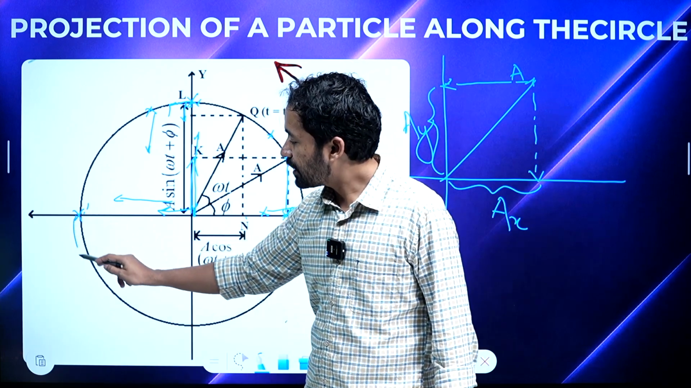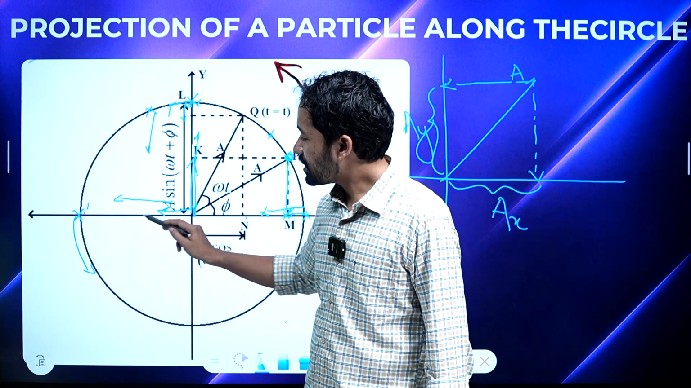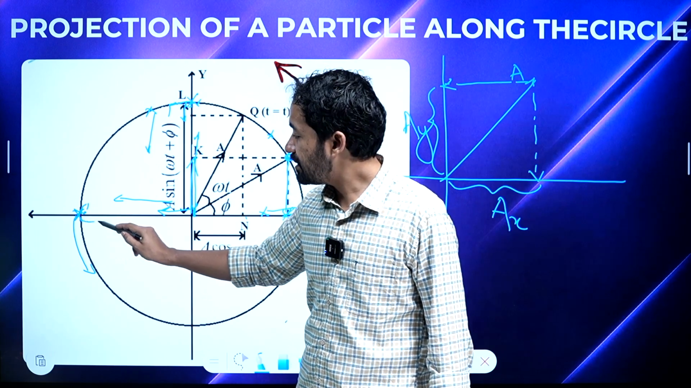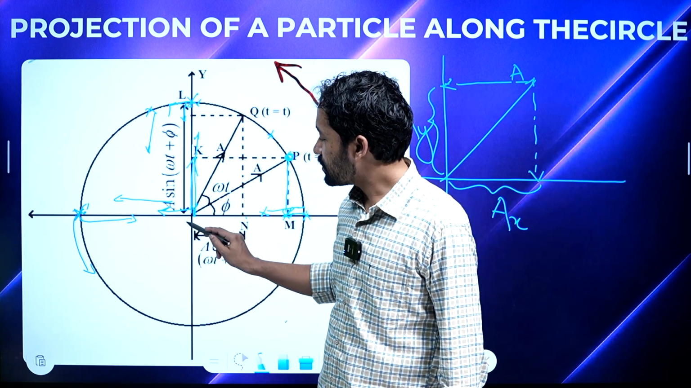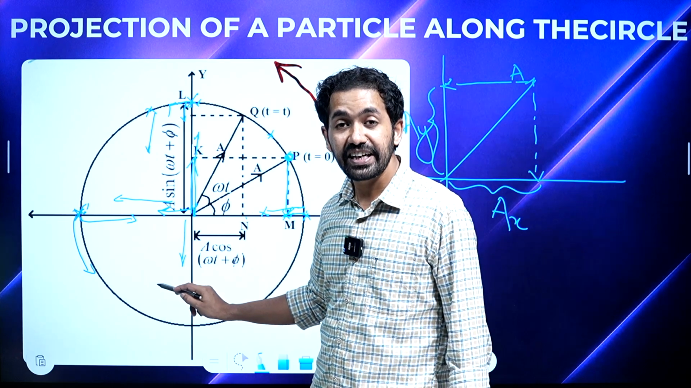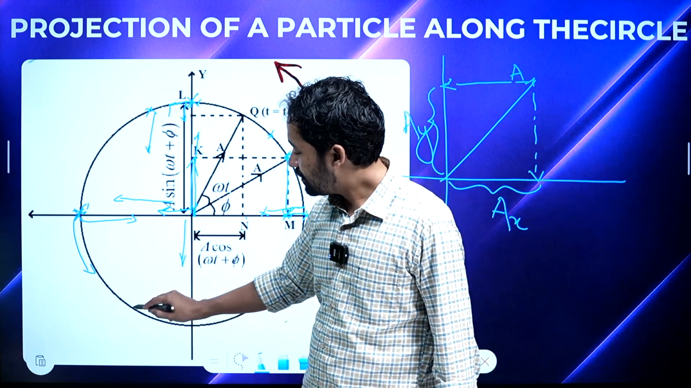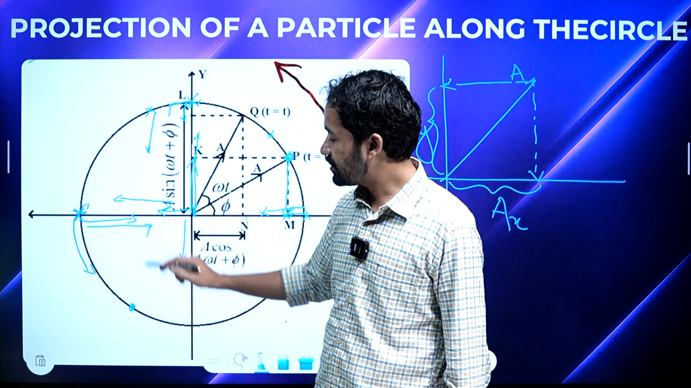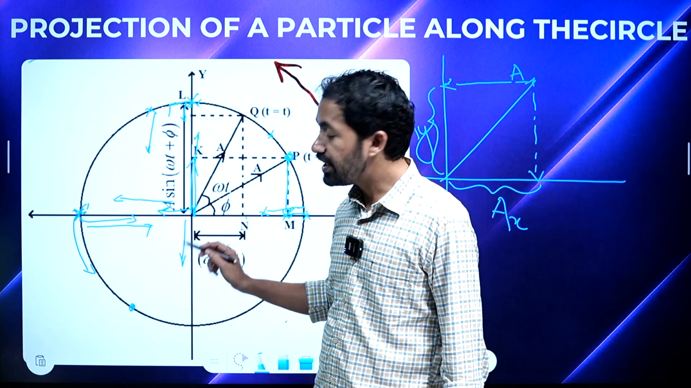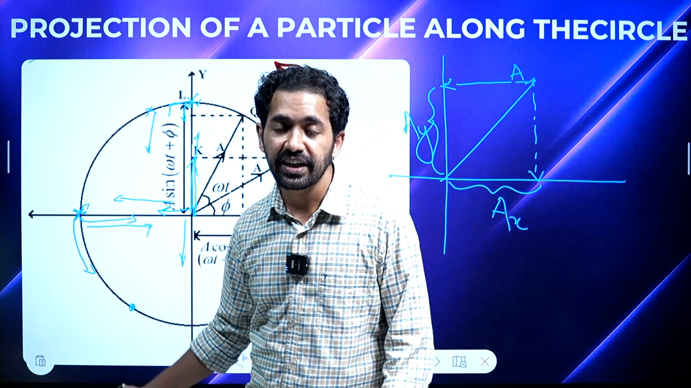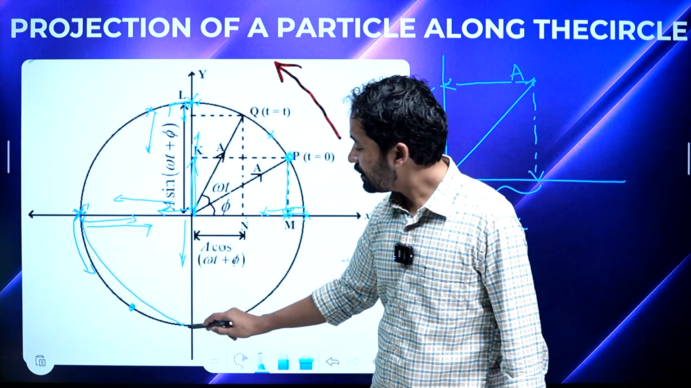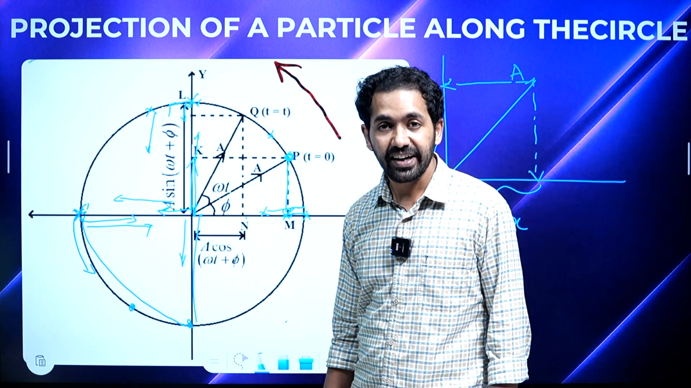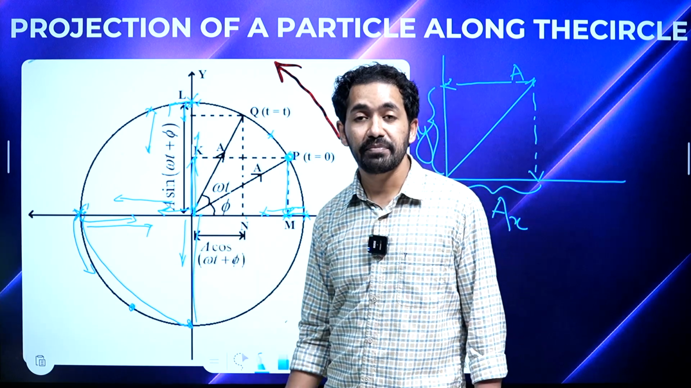Now when your particle moves to the third quadrant, the projection which was maximum in your negative x-axis again starts decreasing and the projection along the y-axis will again increase. When your particle reaches here, the projection along the x-axis decreases and it reaches here, but the projection along the y-axis keeps on increasing in the third quadrant. Now when your particle is reaching here, the projection along the y-axis is maximum and the projection along the x-axis has become